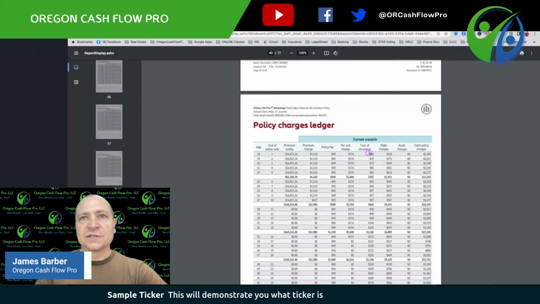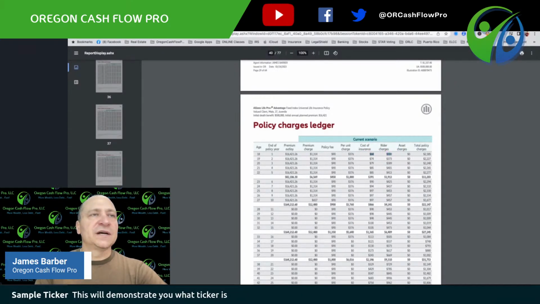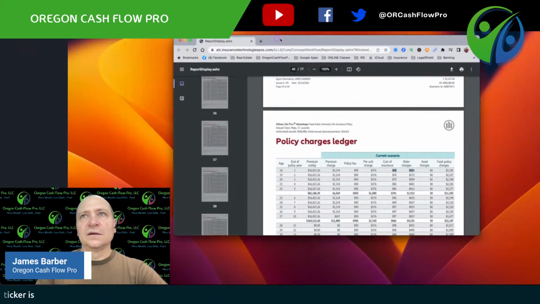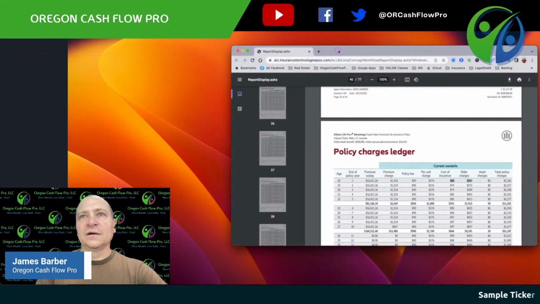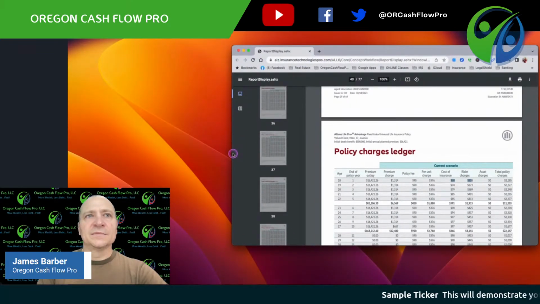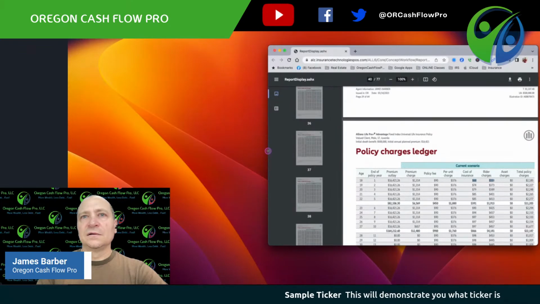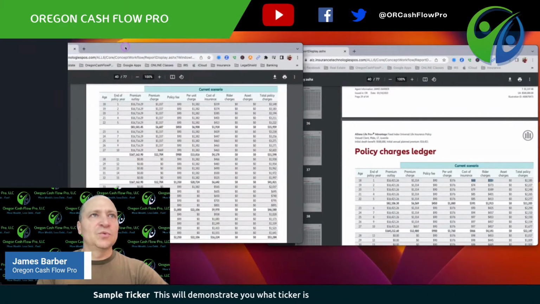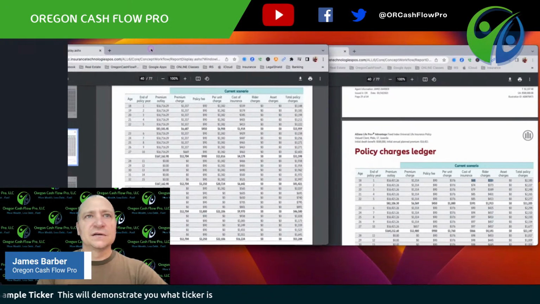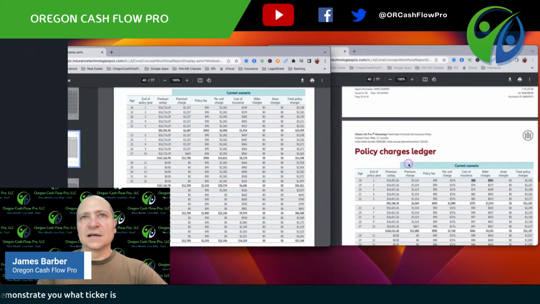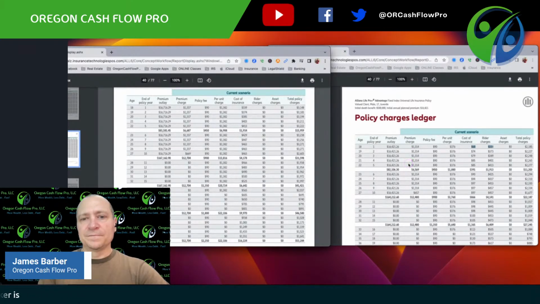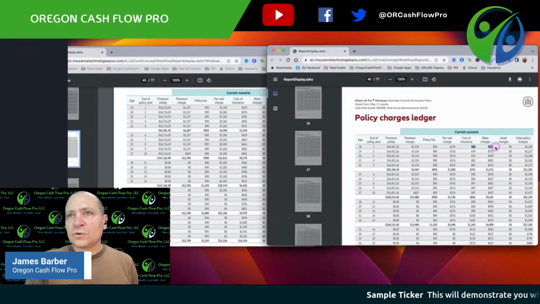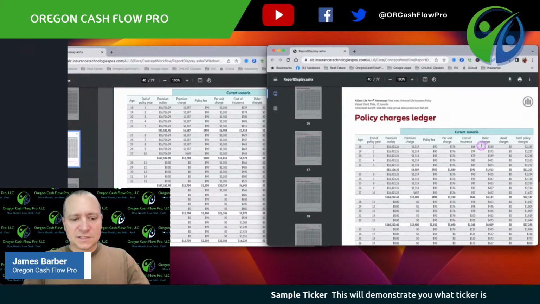Now our cost of insurance. Let me see if I can bring the other one on here. We can look at them side by side. This is a good way to highlight the differences in policy design. So here we go. We've got a total, let me see,